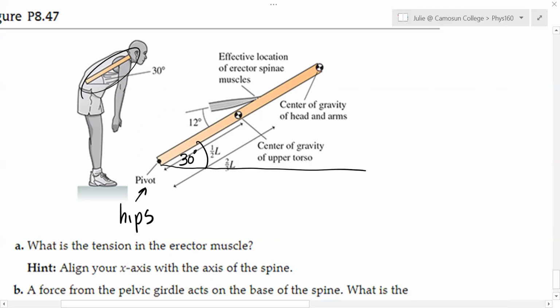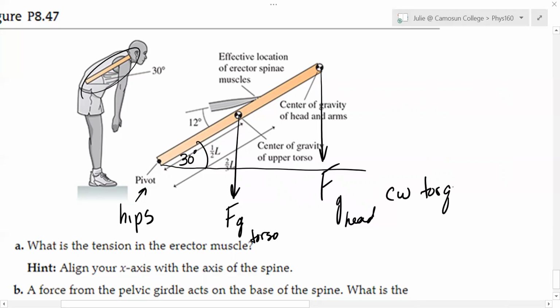Now, the force of gravity from your head and arms is there. Force of gravity from your torso is here. So this is head, this is torso. And those two things are going to exert clockwise torques. And their lever arms are these distances. We've seen this quite a few times. It's like this, and then this lever arm would be over here. And it's close to 30. So this one would be